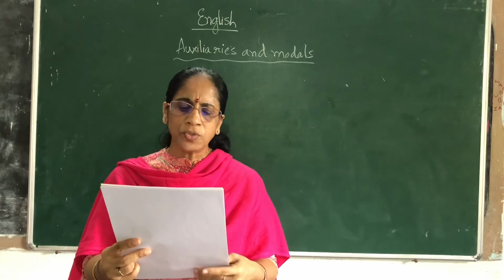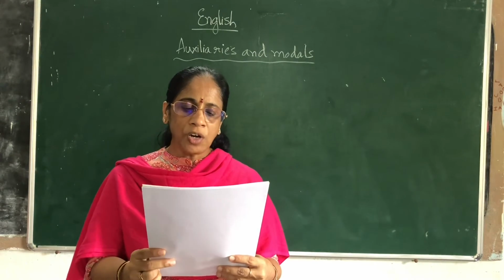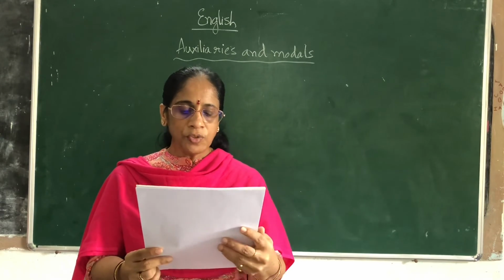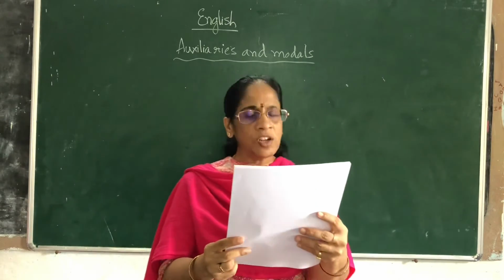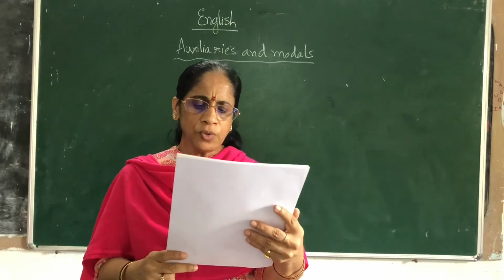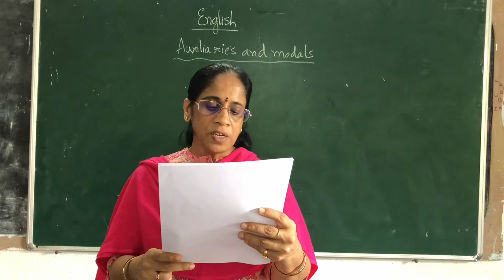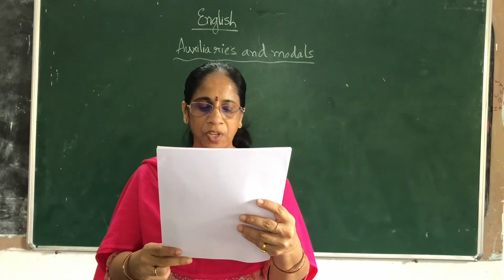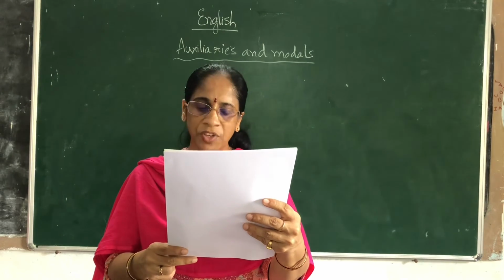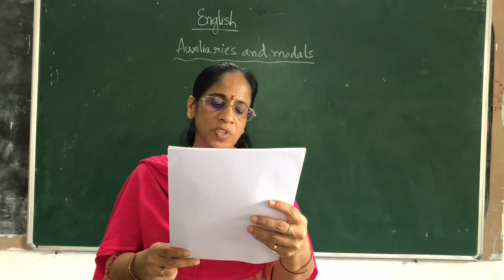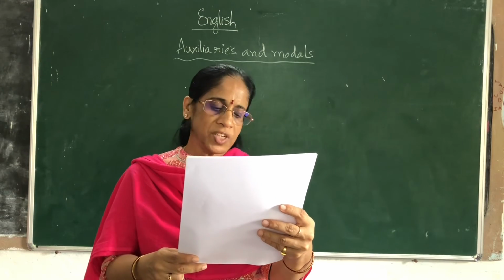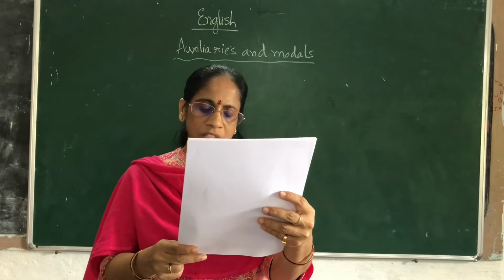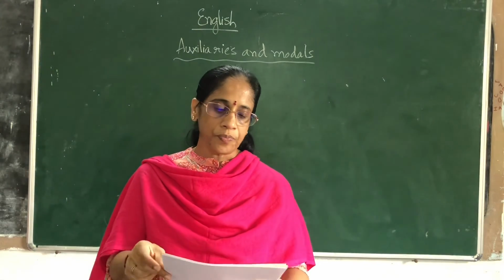Ought to can also be used to express probability. Prices ought to come down soon. This book ought to be very useful. Now the use of auxiliaries like used to, need and dare is also seen sometimes. The auxiliary used to expresses a discontinued habit, as in: There used to be a house there. I used to live there when I was a boy. When used together with do, need has the usual forms needs, needed and is used with a to-infinitive. It is commonly used in negatives and questions. It sometimes occurs in the affirmative also.